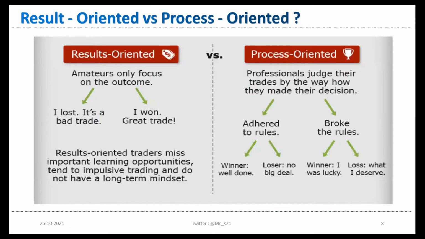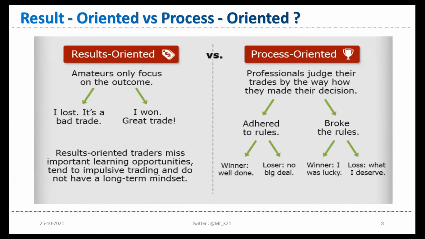Now one more example I wanted to highlight, on discretionary trading and system trading. In discretionary trading we follow a result-oriented approach. Everyone wants to make a profit, so this is result oriented. Every time we take a trade, we do it with the hope that I will make profit, I will make profit. If we don't make a profit, we feel we are unlucky. But there is nothing like lucky and unlucky. It's all about being process oriented. If you follow the entire process properly, then possibly you are going to make money, not today then tomorrow, not immediately, but consistently. That is more important.